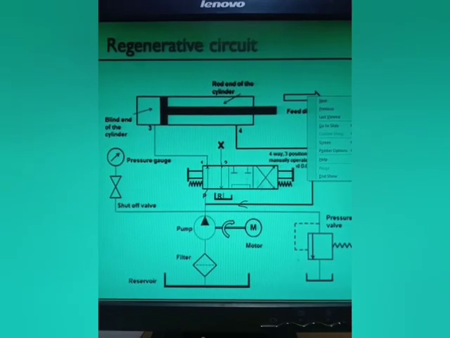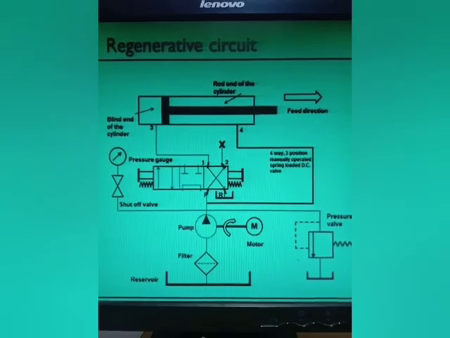Now suppose I change the position, manually operating the direction control valve, and I make it position number 2. So what will happen in position number 2? You can see here, now the direction control valve is at position number 2. The pump is connected to the second end, right? But as this B port of the direction control valve is closed, we have made it blind by fixing the nut, the oil will not flow through this end. So what will happen to the pump? As this end is closed, the oil will not go here.